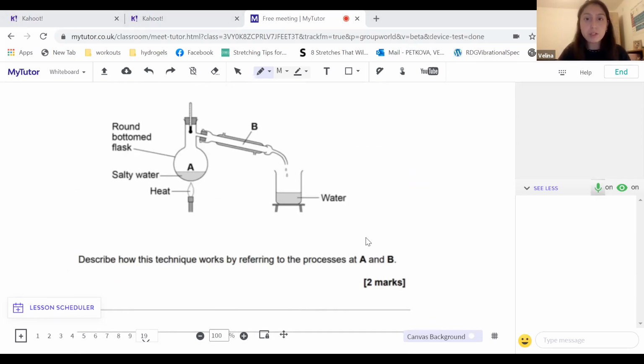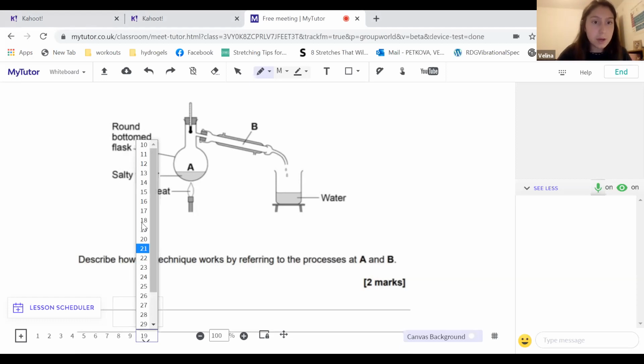Would I recommend bullet pointing the answer or writing a full paragraph? Whatever you prefer. Bullet points usually tend to be more concise, and they're more clear for the examiner. So I think bullet points is great, but